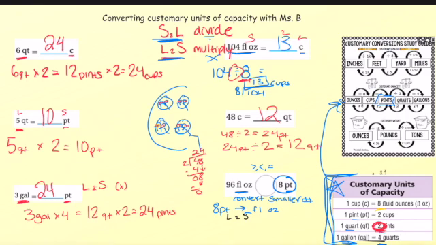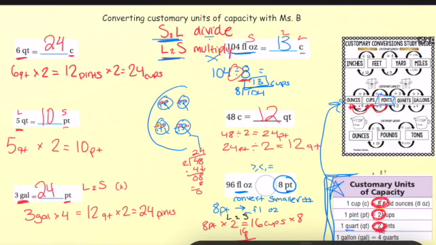All right, so we're at 8 pints, and the chart tells us to go from pints to cups, we multiply by 2. It's also here. So we're going to do 8 pints times 2 equals 16. 16 what? Right now we're at cups, 16 cups. Now, from cups, we can go to ounces. We got to go step by step, boys and girls. To get there, it says to multiply by 8. So to do 16 times 8,